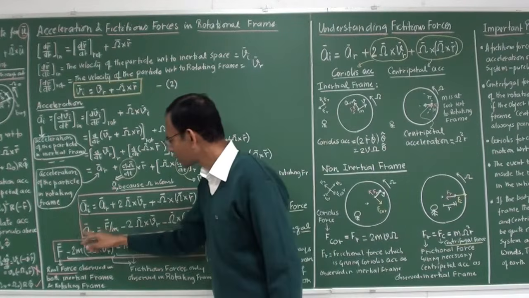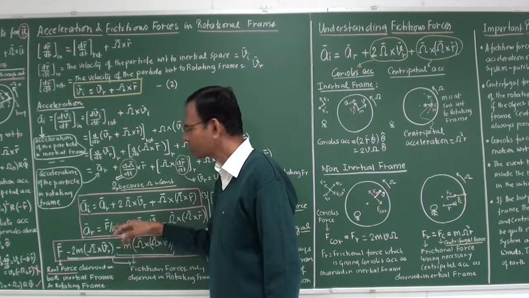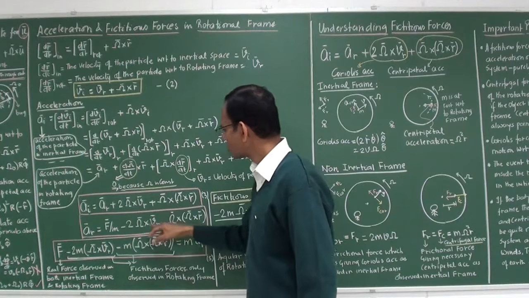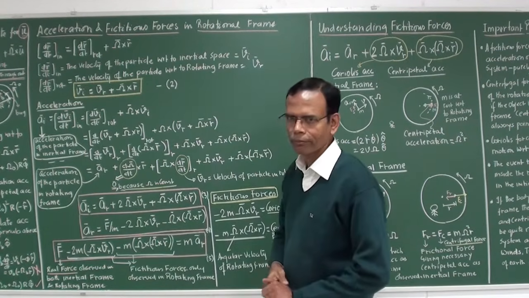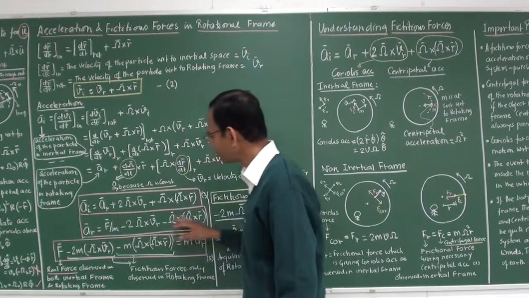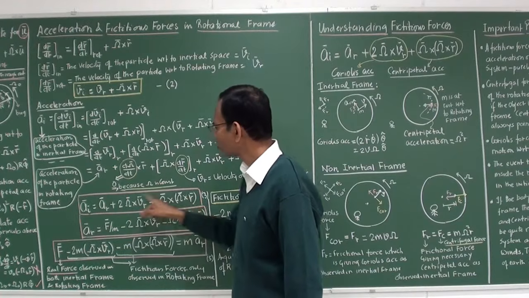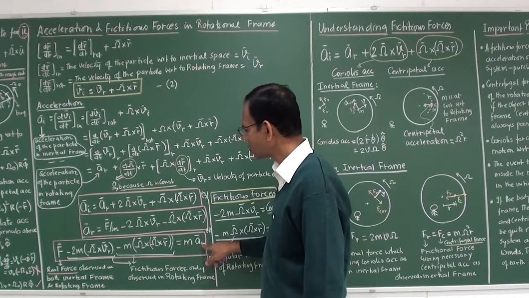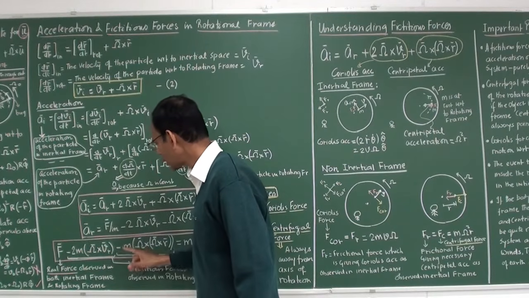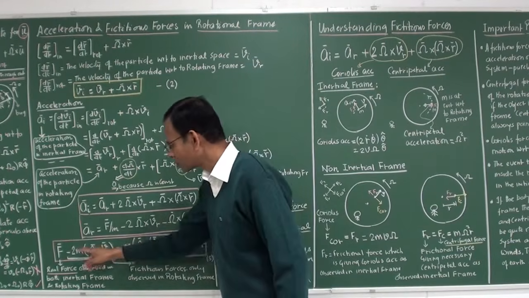So acceleration of the particle in the rotating frame is the force divided by mass, force observed in the inertial frame, that is real force, minus these two accelerations. Now more important is, when you multiply this by m, then you get MAR, which is equal to F minus 2m omega cross Vr minus m omega cross omega cross R. This equation is very, very important,